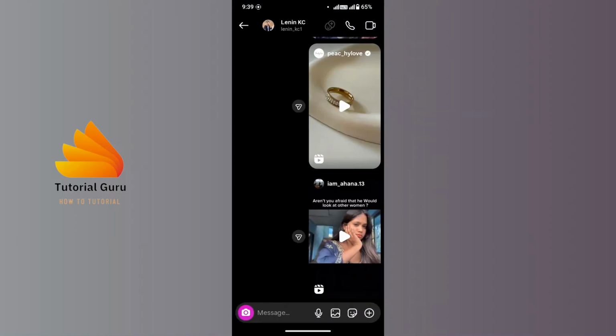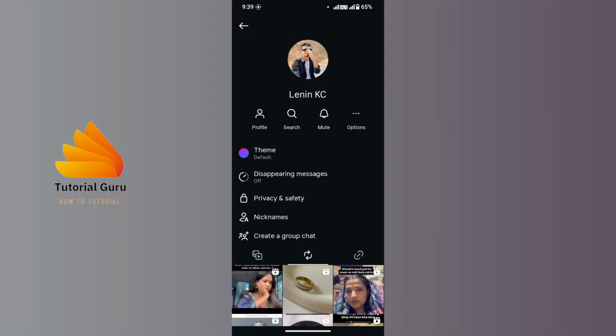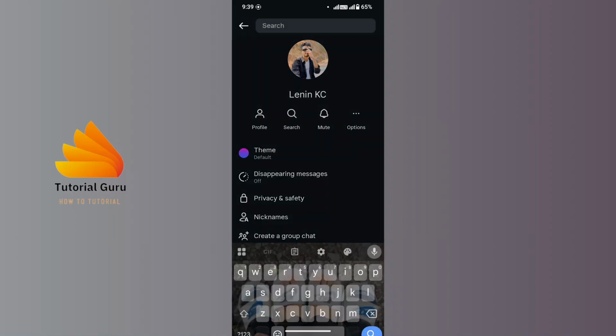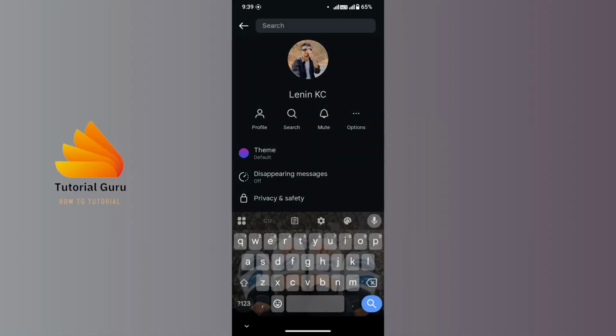Then tap on the person's name, which is available on the top left corner of your screen. Then you can simply see the option of search, so tap on it. Then type a message like this. I'm typing only O, and tap on the search icon, which is available on the lower right corner,